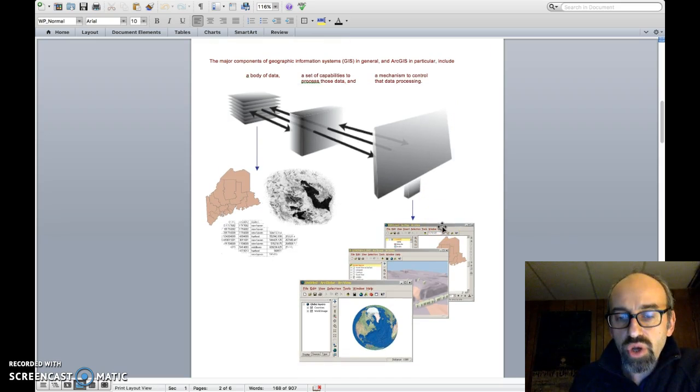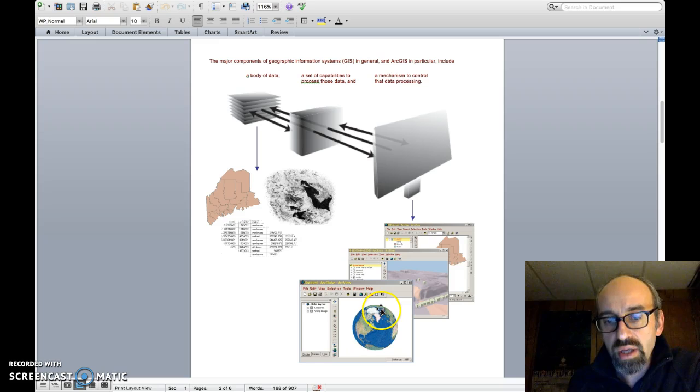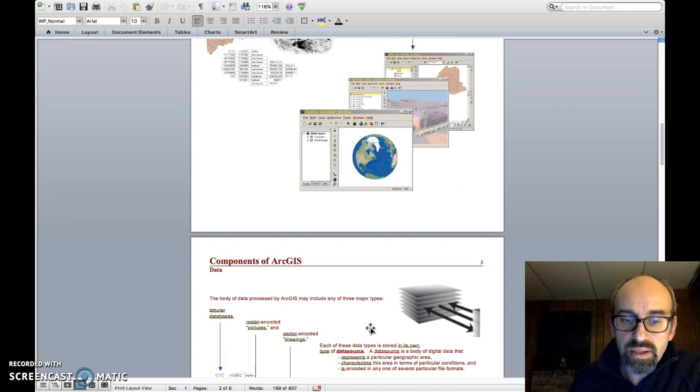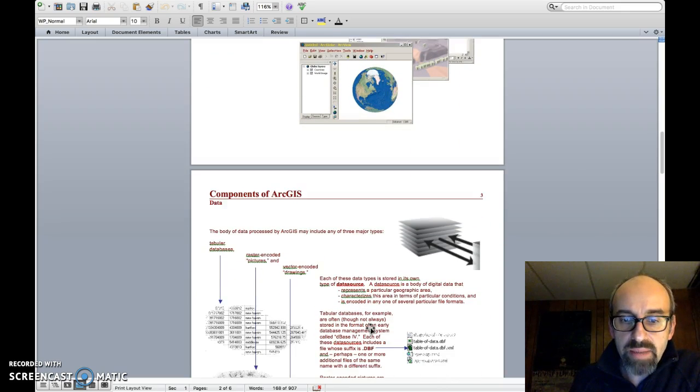In terms of the view that I would get, as we mentioned earlier, there is a component that allows you to do 3D imaging, which is ArcScene. There is also a component that allows you to have a view similar to Google Earth. And if we expand this